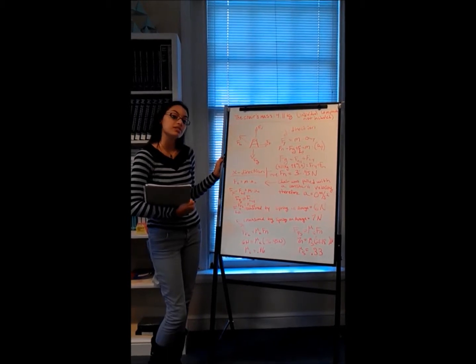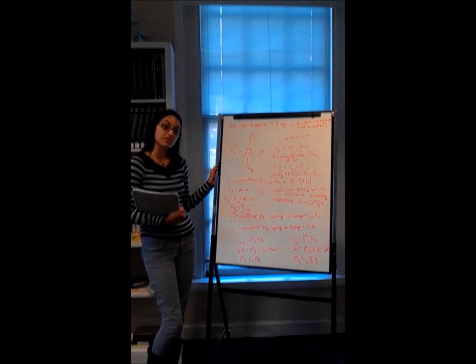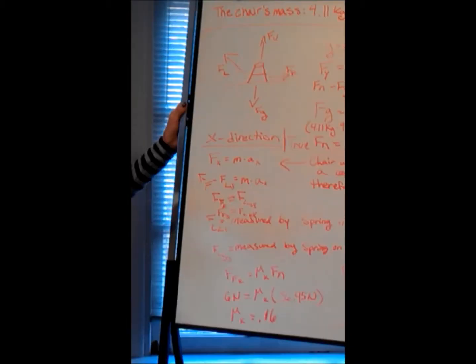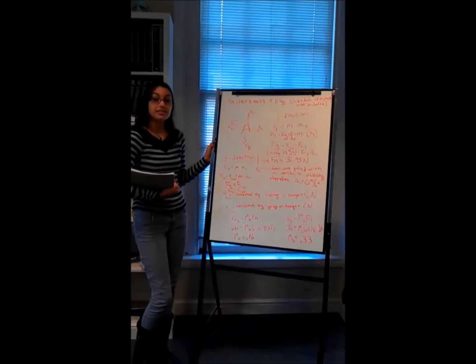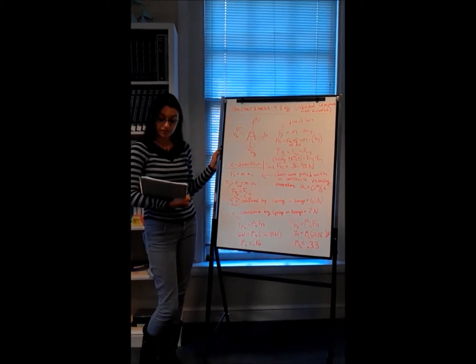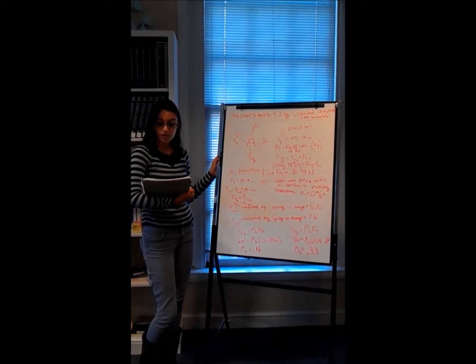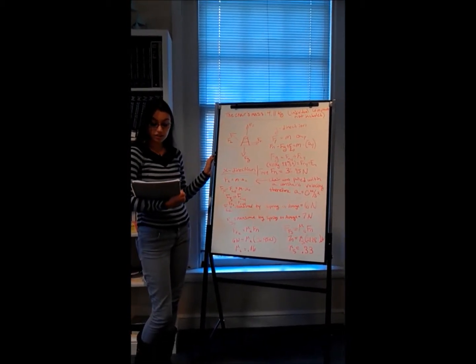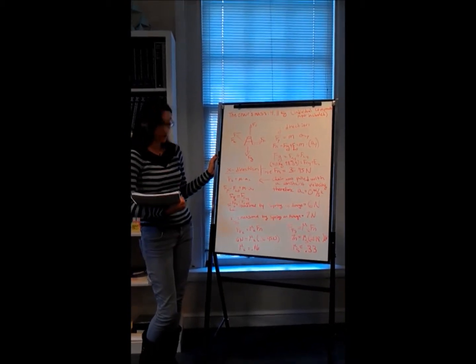And so due to Newton's second law, we know that the net force of an object is its mass multiplied by its acceleration. And since Lucas applied a constant velocity on this chair, its acceleration is equal to 0. Thus, the force of friction is equal to the force that Lucas applied on the chair in the x direction.